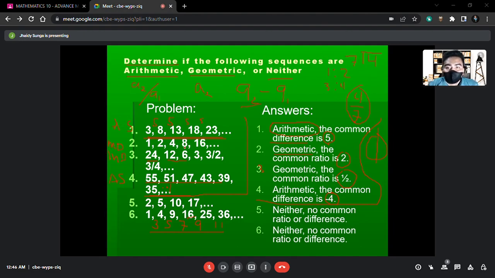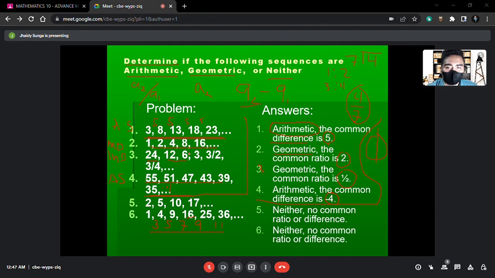As well as for the geometric, the common ratio is positive, which is 2, and the sequence is increasing or rising as well, right? While we have this common ratio in fraction form, we have a sequence that is